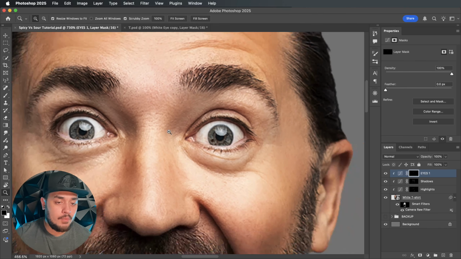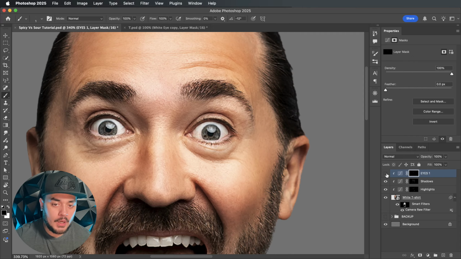Yep, like so. So now if we just zoom out and we toggle between before and after, you can see that we've boosted the whites of the eye. So before